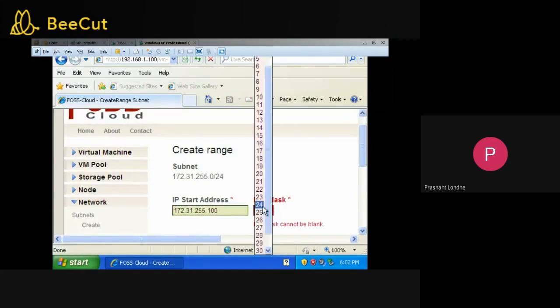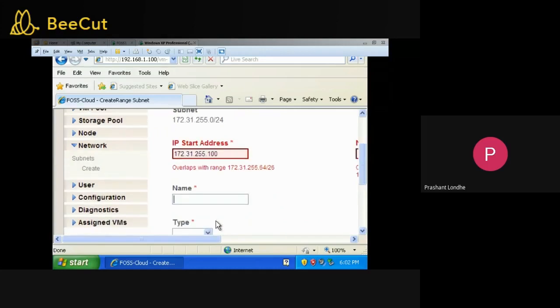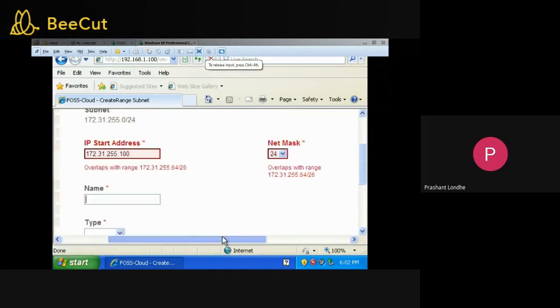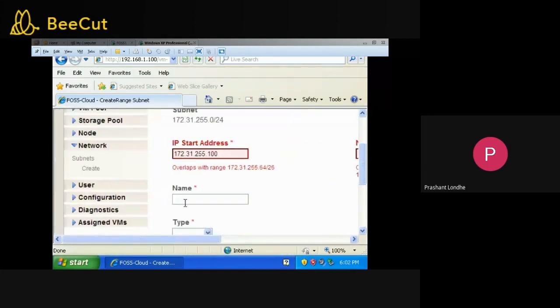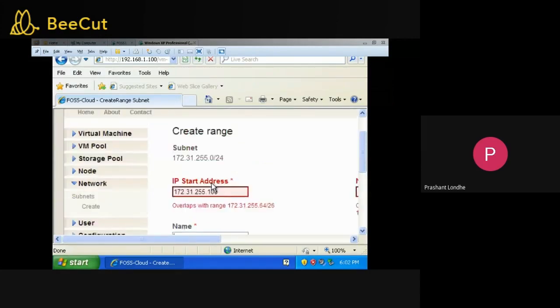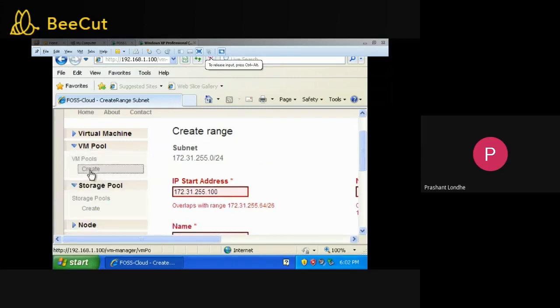Net mask will be 24. Now it is overlapping because I've done settings for the other things also. So here, anything which is starting from 100 to 254 will be accepted. So this is one example of creating the range. You can create your range from over here. Okay, understood?